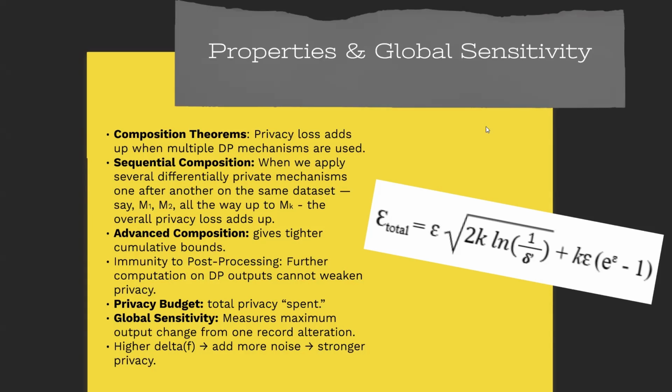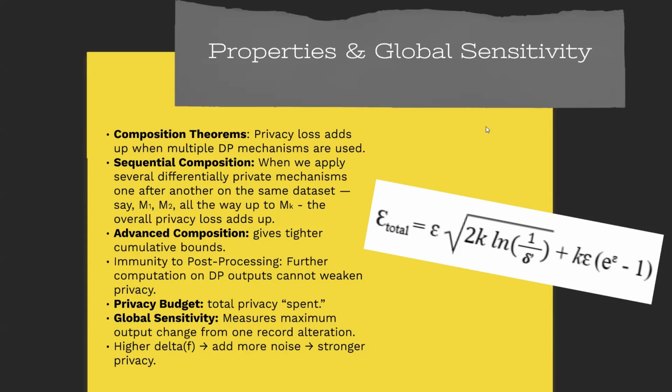Finally, we have the concept of privacy budget, represented by the parameters epsilon and delta. These parameters quantify the amount of privacy loss allowed. Smaller values of epsilon and delta provide stronger privacy, but usually introduce more noise into the results, reducing the accuracy. Larger values allow more accurate outputs, but with weaker privacy guarantees. So designing a differentially private system always involves balancing privacy and utility, protecting individuals while still extracting meaningful insights from the data.